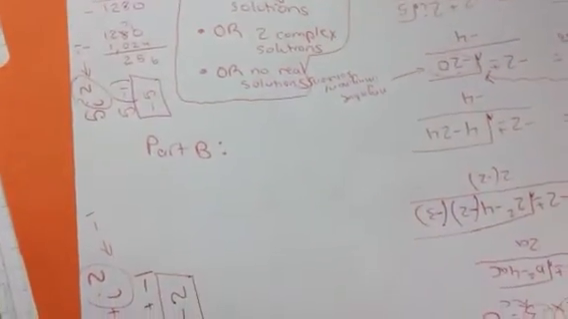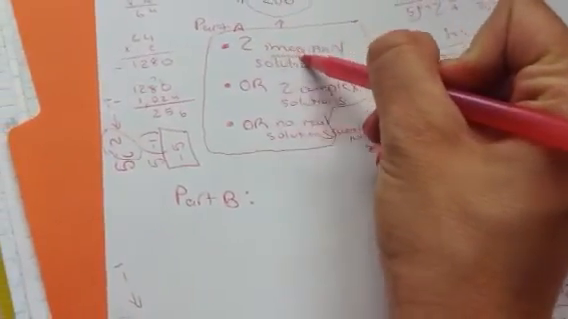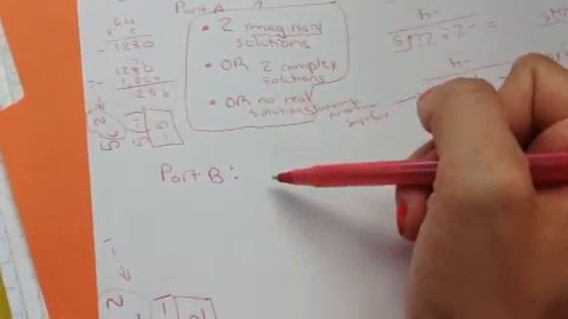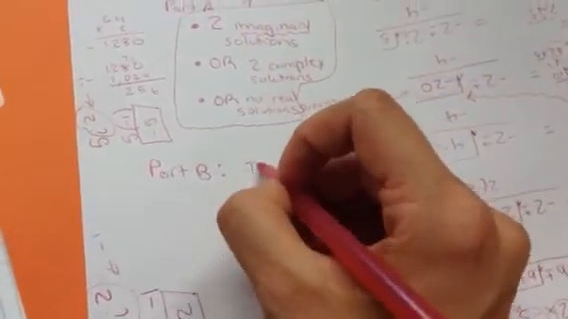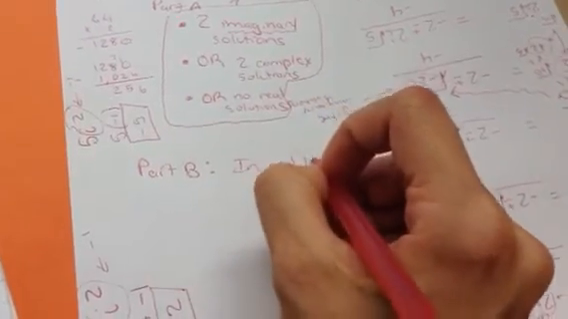Okay, part B said, will the puck hit the bell after Marissa hits it? So if our solutions are imaginary, if we're talking about a real life scenario, it's never going to hit because our solutions are imaginary. So in real life,